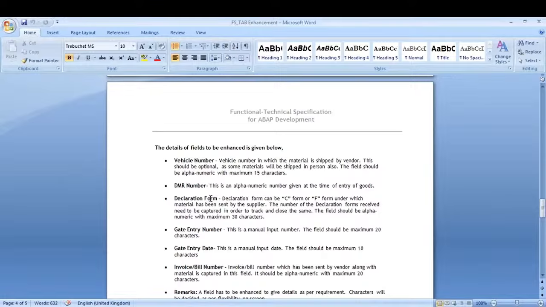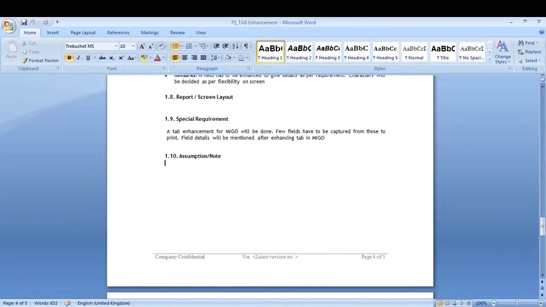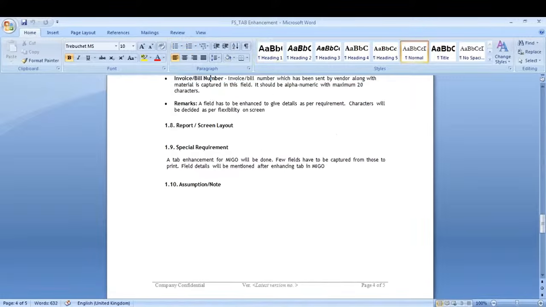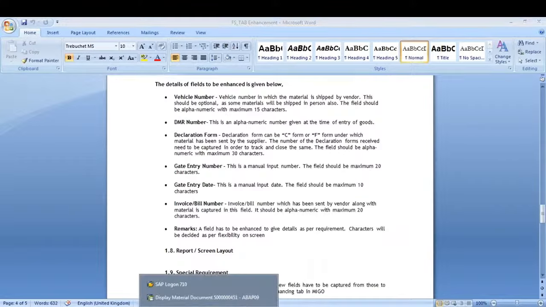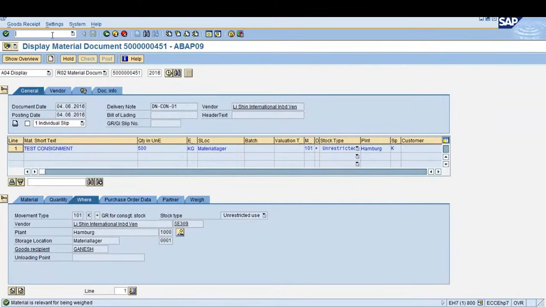They have certain kinds of details they want to capture in the bigger screen. This we have developed, and we have enhanced a new tab. Under that new tab, we have added these fields. The gap was fulfilled with this enhancement. It's called the tab enhancement. They will add all the fields in the MKPF table also. See, for example, if you see MKPF,